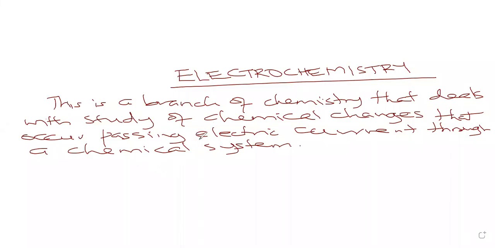So it is a branch of chemistry that deals with the study of chemical changes that occur by passing electric current through a chemical system. That's what we call electrochemistry. Electricity is usually generated by the spontaneous occurrence of many chemical reactions. Somebody may define it as generation of electricity